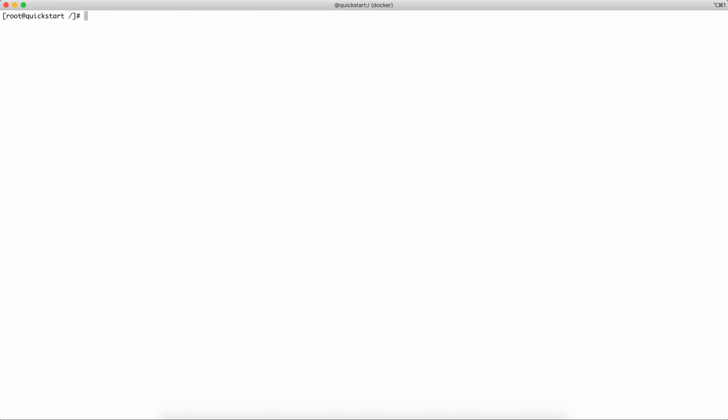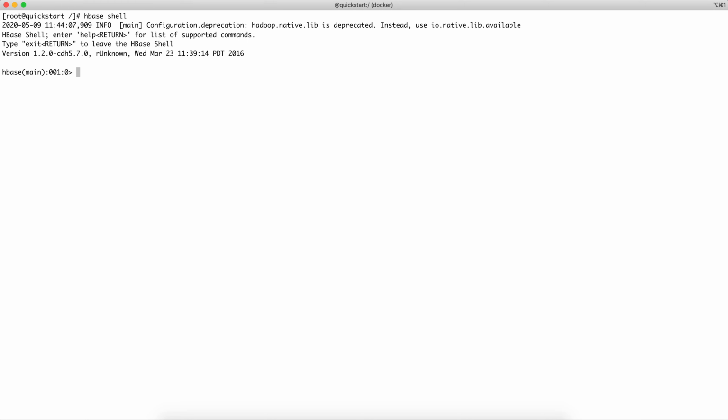Now let's go ahead and see how to start the HBase shell. For that, you have to come out of that Hive terminal by doing exit semicolon and just write hbase shell. This will take you to the HBase shell. Okay, so let's wait for a few seconds, and it will give you the HBase shell.